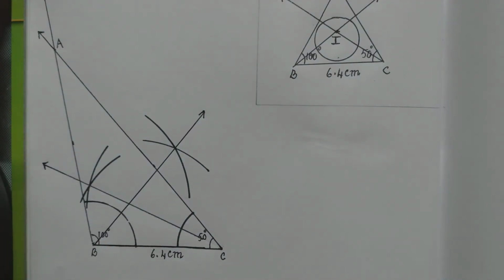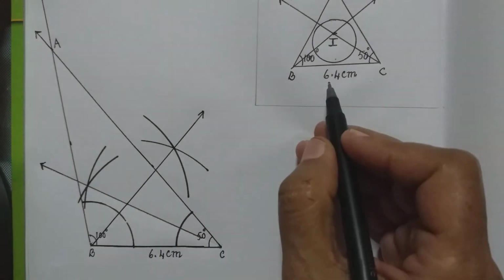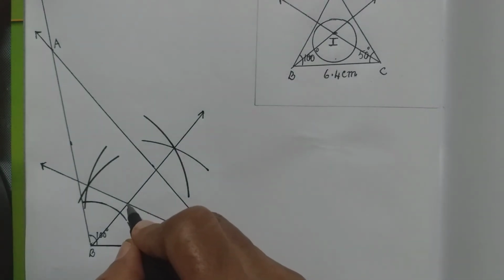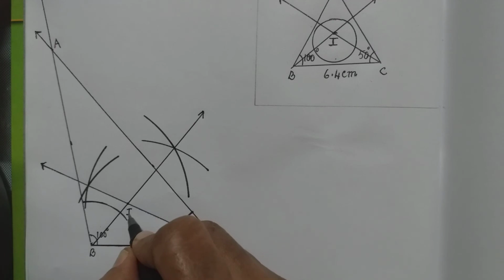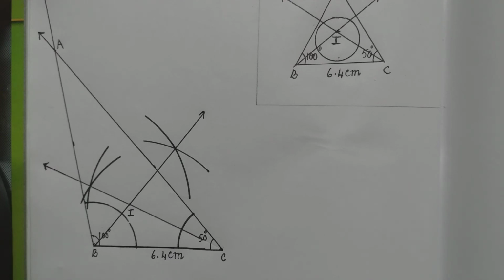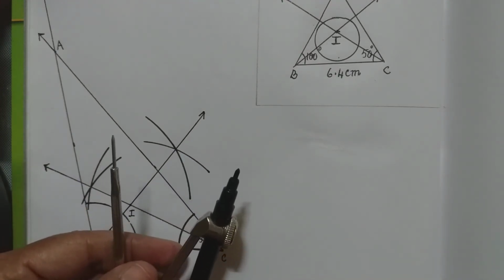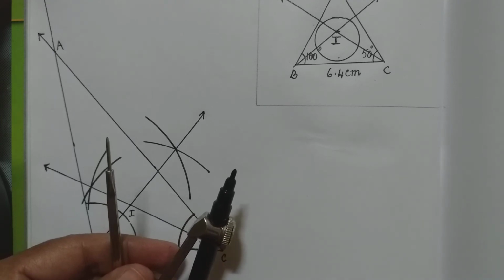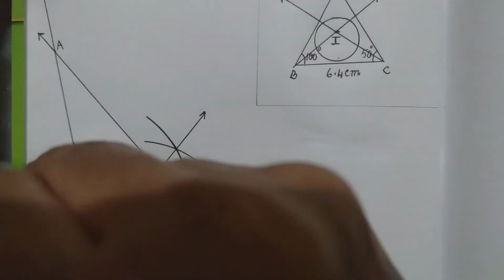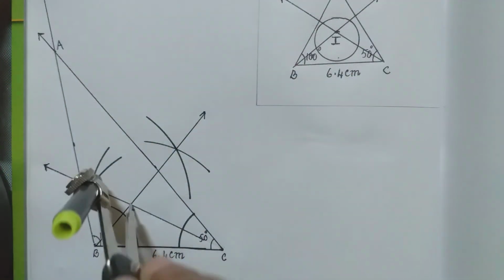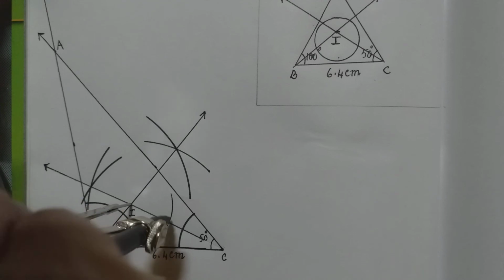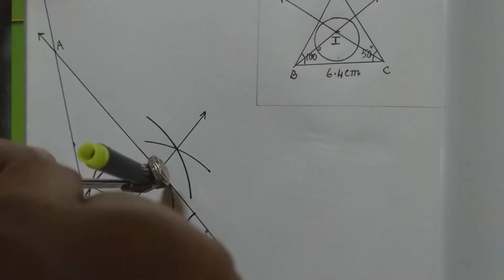Now once this is done, this point of intersection of the angle bisectors, as we have drawn in this rough figure, forms the incenter. Once the incenter is got, you will take the compass and see the distance to the edges. So we hold this compass here at the center and just see whether this radius is just touching the edges of the triangle. Once we are confirmed, we can now draw the circle.